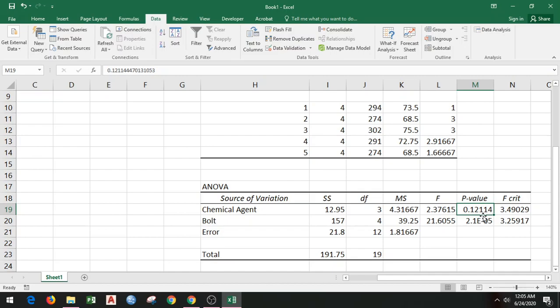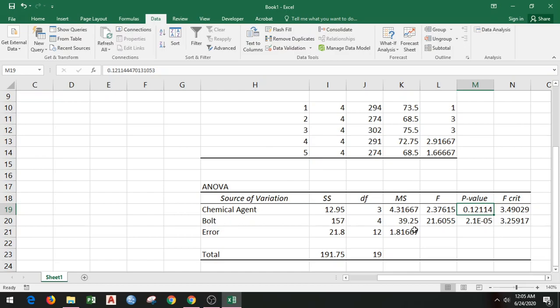So again, same conclusion. If the observed P value is higher than alpha value, or the observed F value is smaller than F critical value, in those cases we can conclude that there are no differences in chemical agent, or whatever factor in different problems we will have.